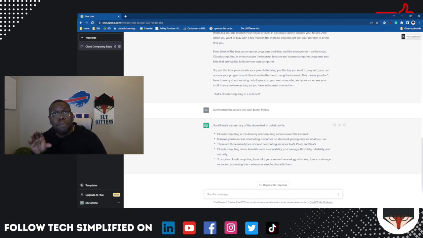And you can even combine it. You could say summarize the text in bullet points, and make sure to summarize it as a child, right? Then you can put both of those together, and it'll make it simple and in bullet format to make it easier to read. I use this every night when I'm studying, trying to get better, and I know you will add it to your learning skills as well, and it'll be pretty beneficial.